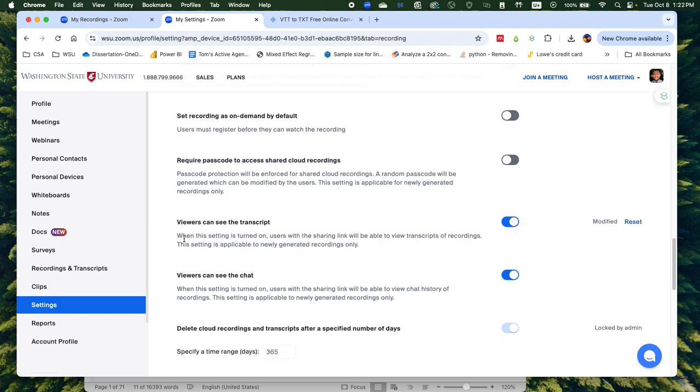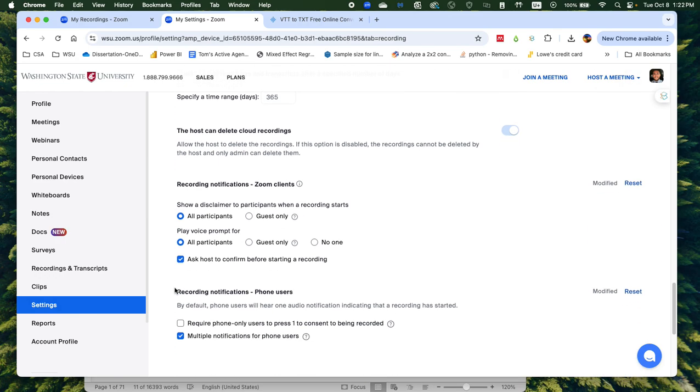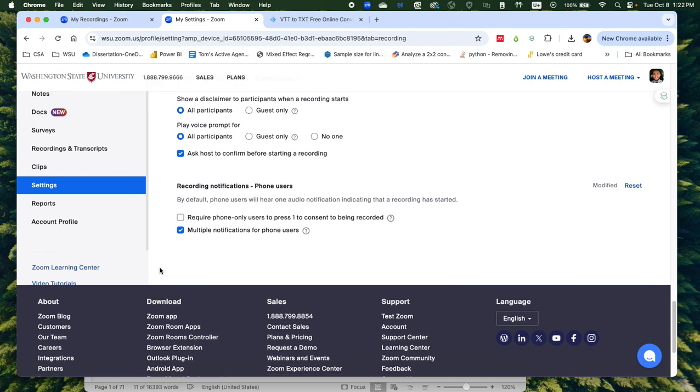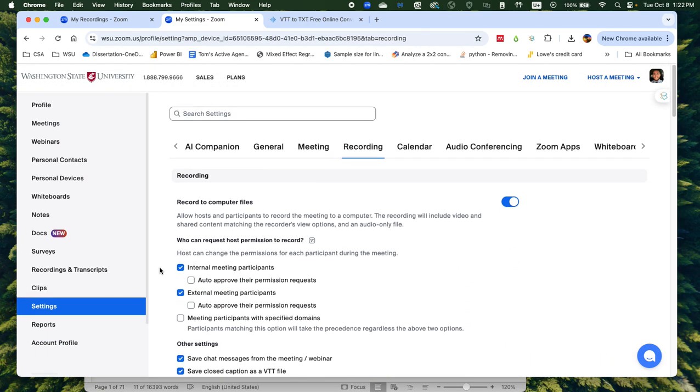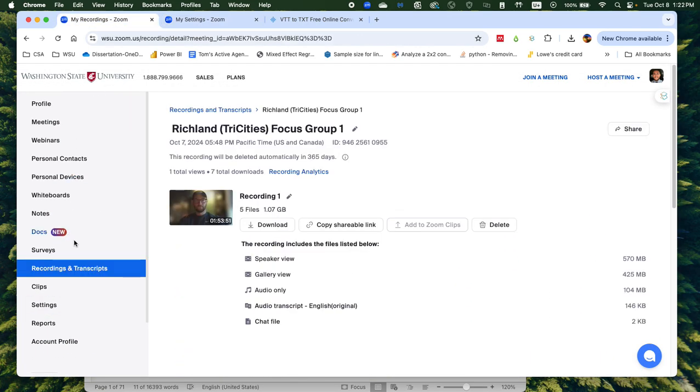And then I don't think there's any issues with people seeing the chats and things like that as they're going. And that's the end of my settings that I think that we need to go through. So when I get a meeting,